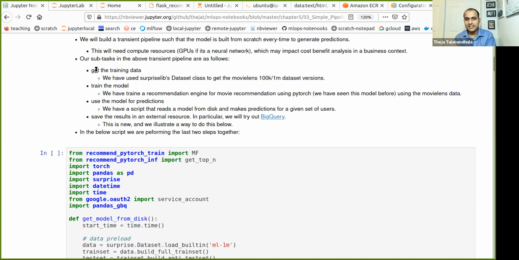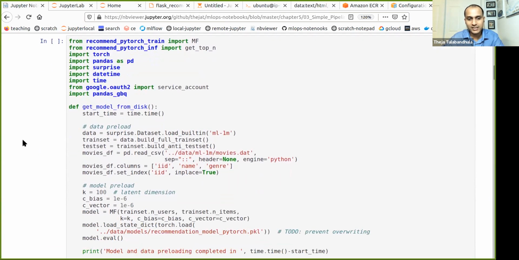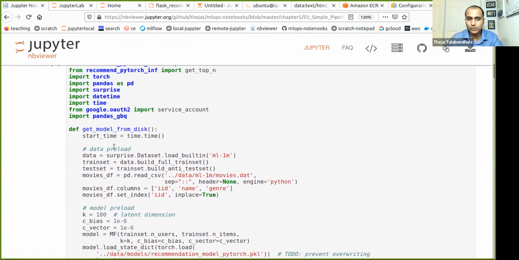The third container or script would say, let's read that dumped model from a disk and make some predictions on the users that are currently active for this week. And then finally, given those predictions, can we put them into a location where our apps, like our browser or client-side code, can read those predictions and show appropriate things. Ideally, you would want to do it in 4 different containers. We will not do that here. We'll just do a single script, although we can just break it into 2 scripts as well.